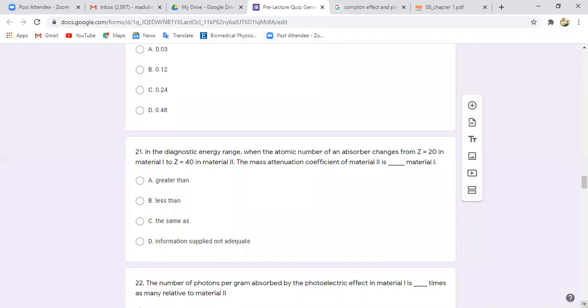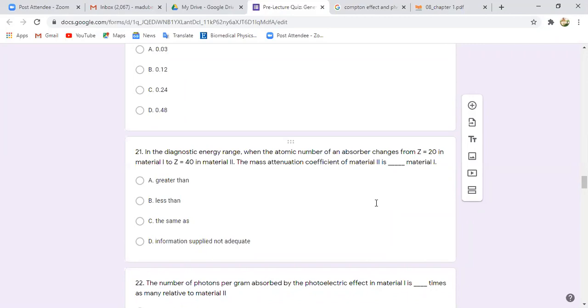Just because of time, I think it should be greater. A, greater than. Yes, it is definitely going to be greater than, because the linear mass attenuation coefficient is directly proportional to the linear attenuation coefficient, and the linear attenuation coefficient is directly proportional to the density of the material. So when Z changes, of course, the density of the material changes. So it's going to have much more attenuation than the one in which Z is